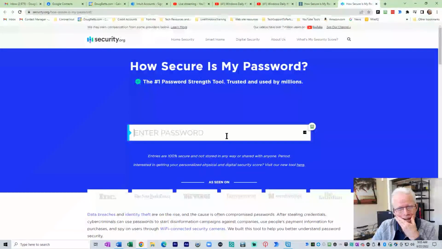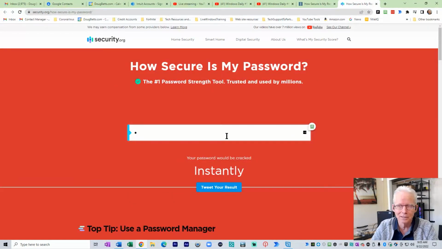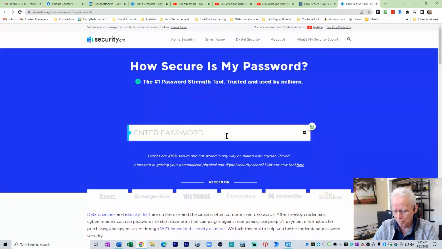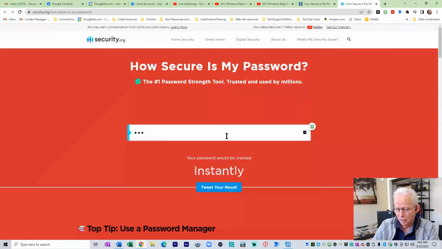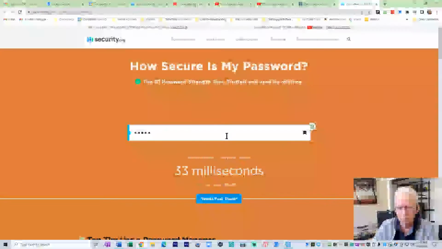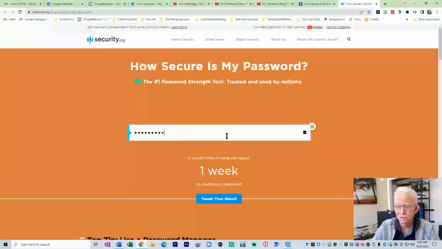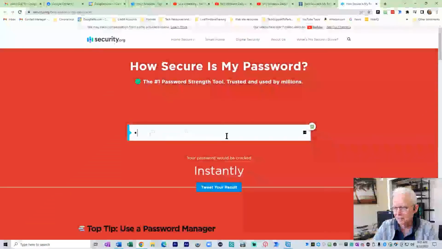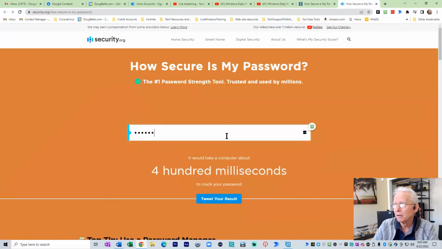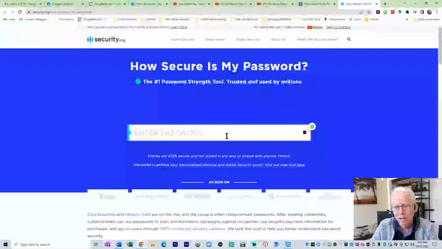Now, then I also tried a password yesterday that a client has, and he considers this to be his top level password. So let's see, I got to be careful not to actually pronounce the words. So this one was 1 week. And then there's another one that I looked at recently. Let's see, it was this one. And there, so 16 hours, you know. So doing multiple words